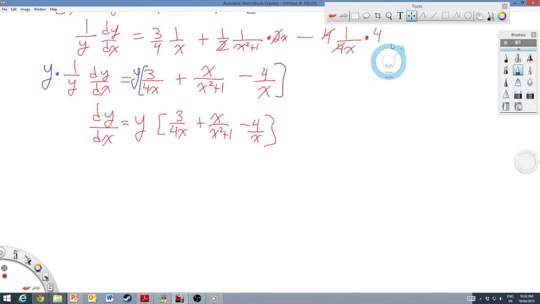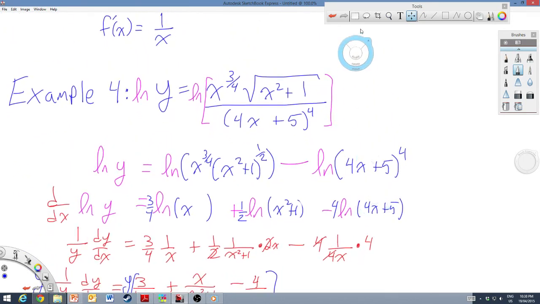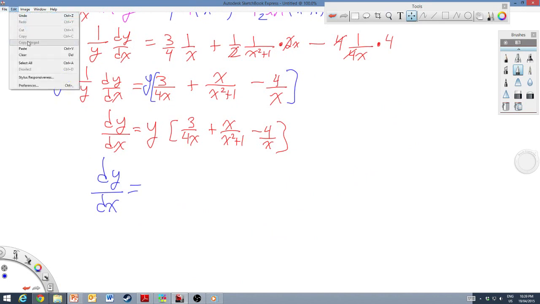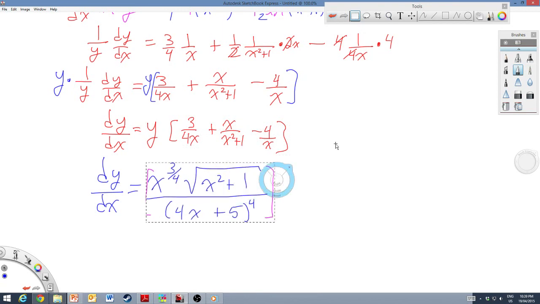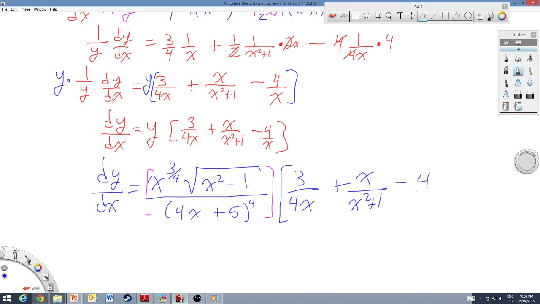There we go. And to top it all off, we already know what y is, because y is just my original function. So dy dx is really equal to y, which is my original function, which is way up here. I'm going to cheat. I'm going to just grab this. That's my original function. That's what y is equal to. So dy dx is really equal to this function again, times the 3 over 4x plus x over x squared plus 1 minus 4 over x. And there we go. There's the derivative of that